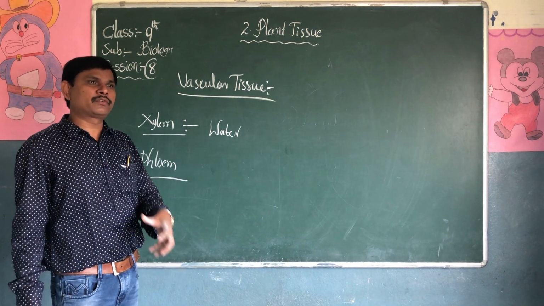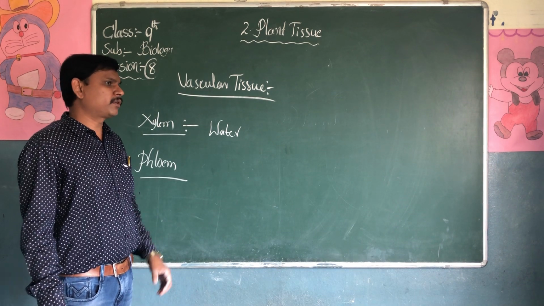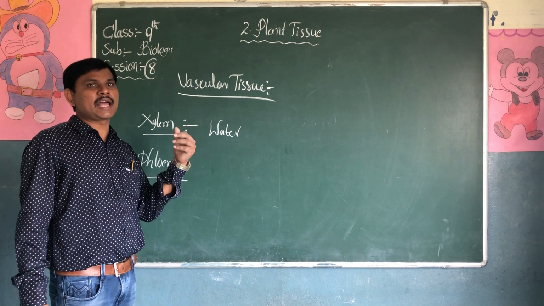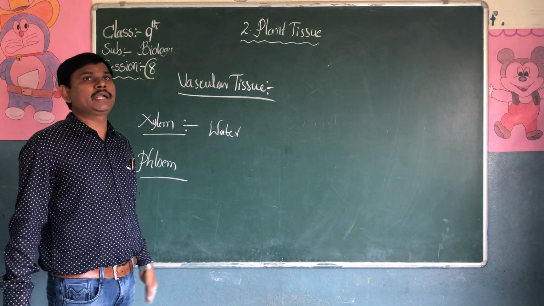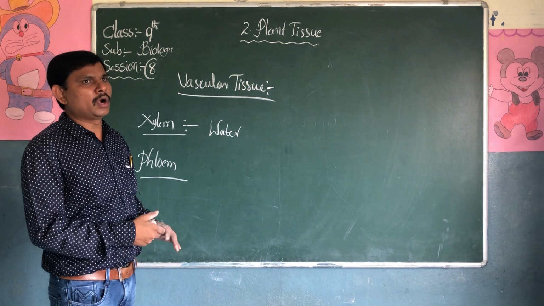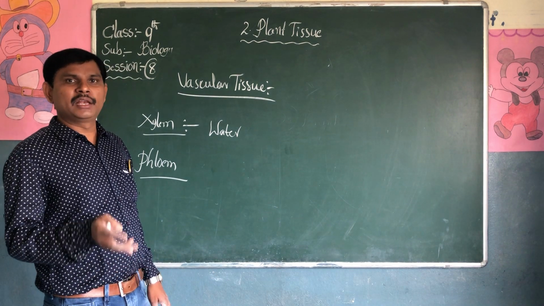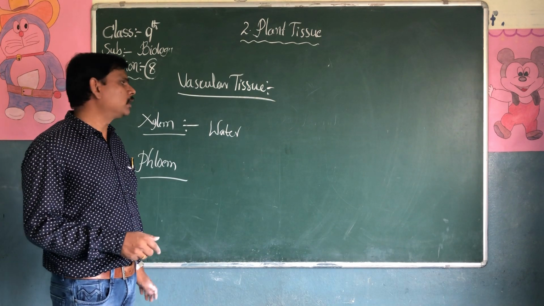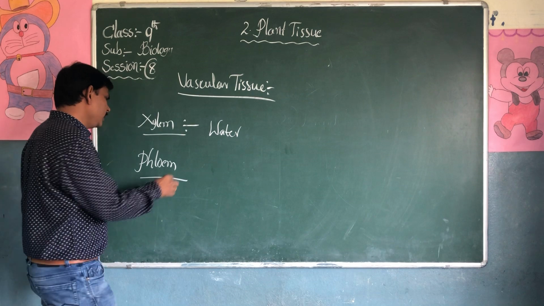The water is absorbed from the soil by the roots. From the roots, it is transported into the xylem. From the xylem, it is transported to the entire plant body. Where does transpiration take place? In the leaf, in the stomata, transpiration takes place. Then what is the